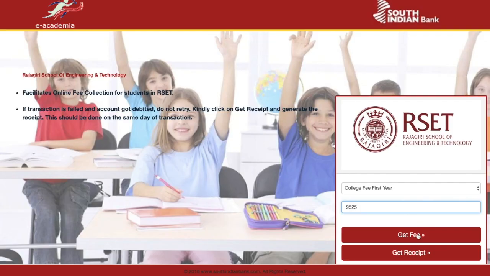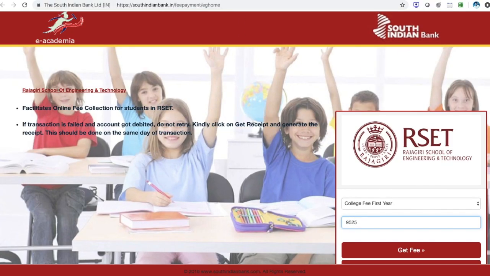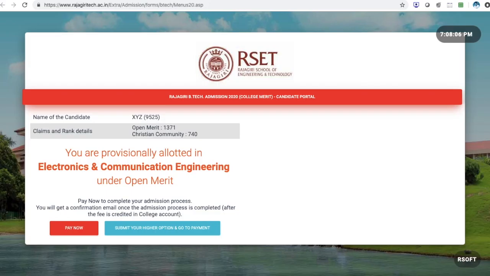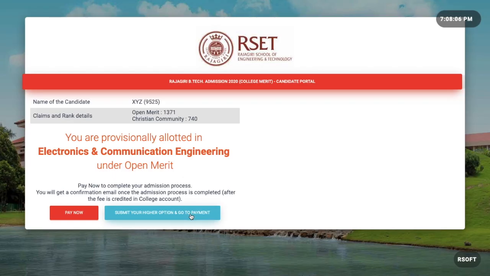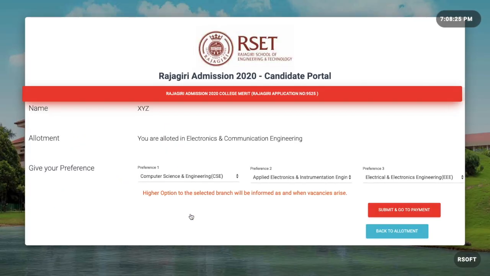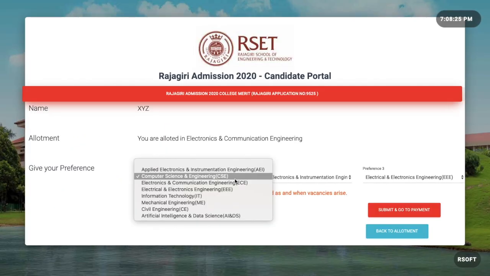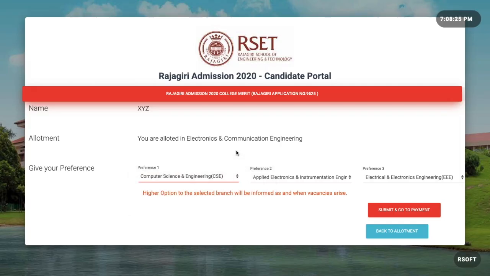Now I am just coming back and explaining entering your higher option. Here, now I am trying to explain submit your higher option and go to payment. This is a situation where you are allotted a branch but you are not satisfied with that allotment. Here you can submit your higher options. There will be 3 higher option preferences for you.